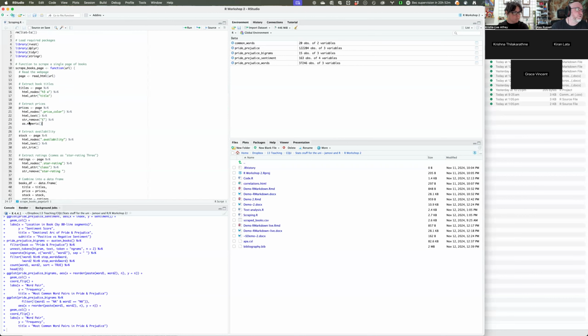And I don't have to do this individually for every page. I just say, whenever I say this thing, Scrape Books page, and give it a URL, this is what it'll do for me. All right. So here's how we might use it, right? So here's my